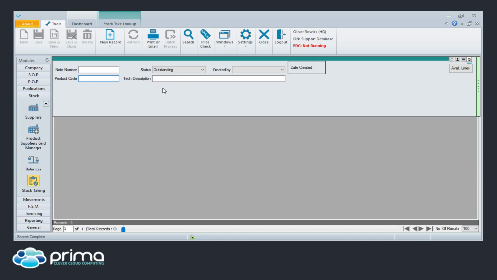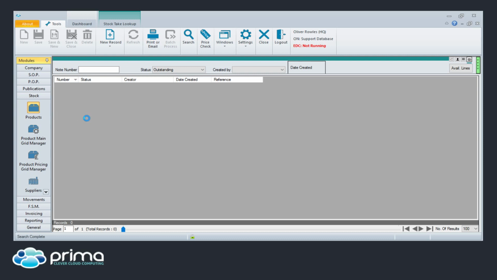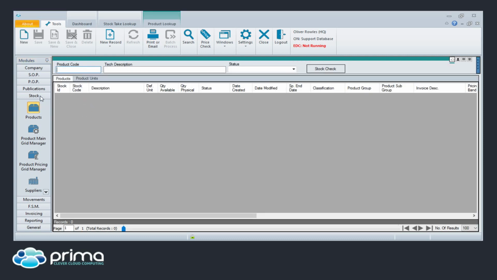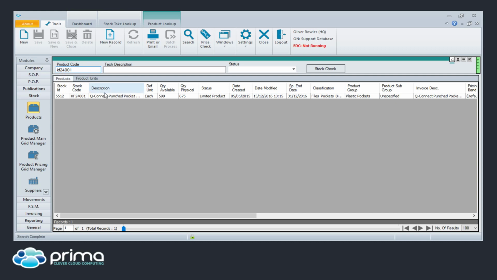So we're just going to go on to transferring stock between depots now. If you've got multiple depots, this is the process of how to move your stock around. So if you go to stock and products, and we'll search for another KF code, the only ones I know, and then if we go to the balances within here,